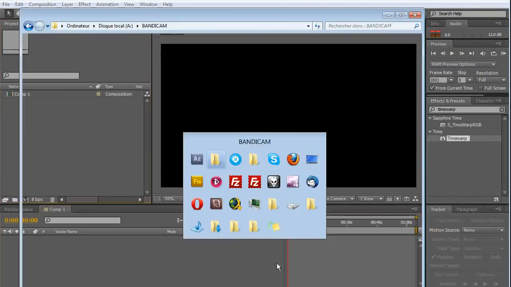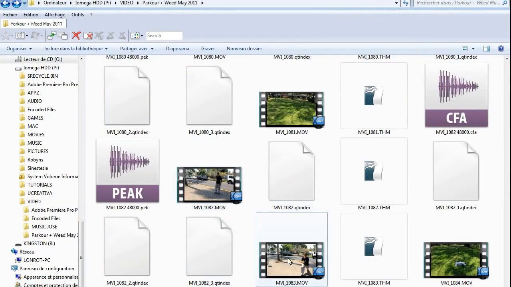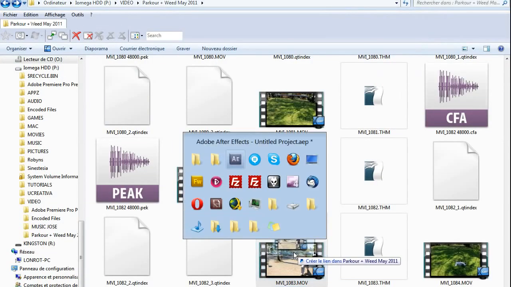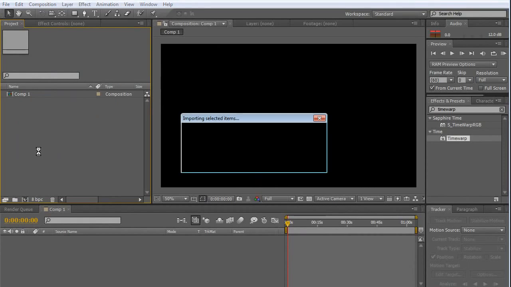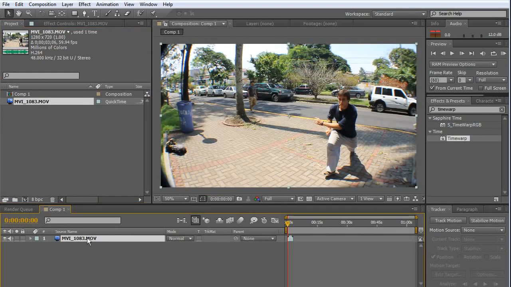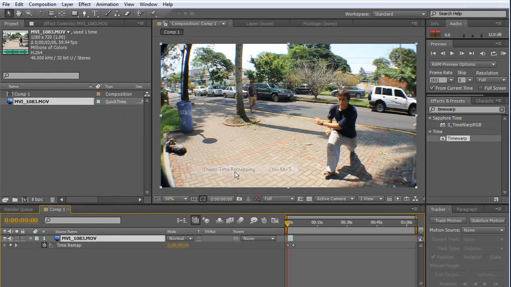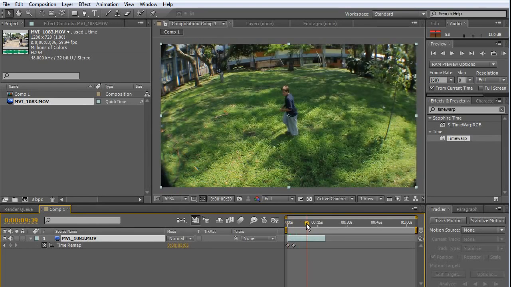First of all, I'm gonna drag and drop my video. Here it is. And now again, I'm going to drag and drop in my timeline. I'm gonna right click on my video and choose time, enable time remapping. This will allow us to enlarge the time of our video in the timeline on the fly. Okay,